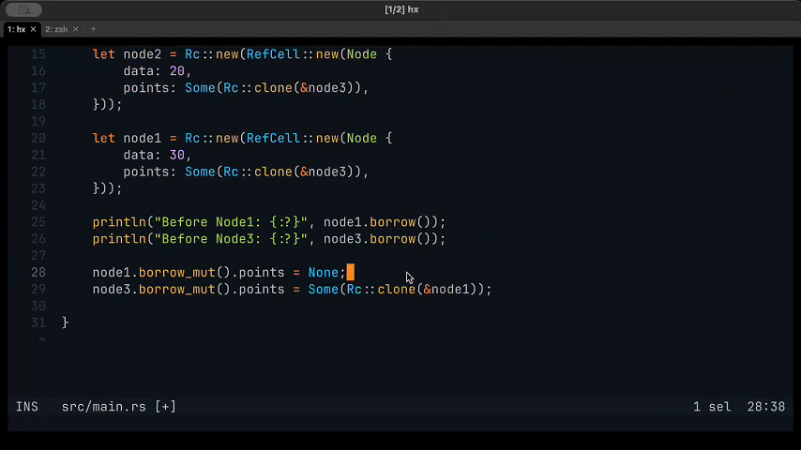This I have done because if we would not have done this, then Rc and RefCell, these things can actually lead to memory leaks as well. Because node 1 will always point to node 3, node 3 will always point to node 1. So basically your reference count will never reach 0. And in that case, you are always leaking your memory. So let's copy this